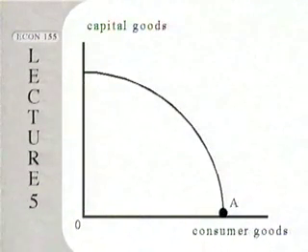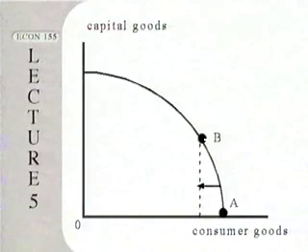So now what happens is we just have a fixed amount of capital. However much capital we had on hand at the beginning of the year, that's what we have at the end of the year. We're not accumulating capital, and so this production possibilities frontier stays right where it is. Let's say that we do something like this instead. We move to this point B. We give up some consumer goods,